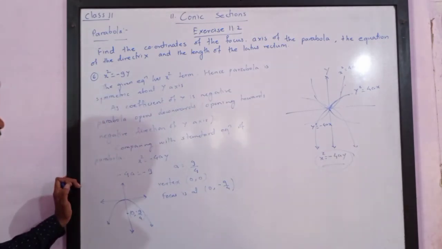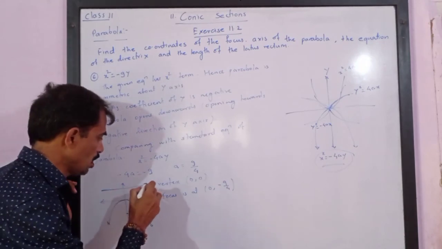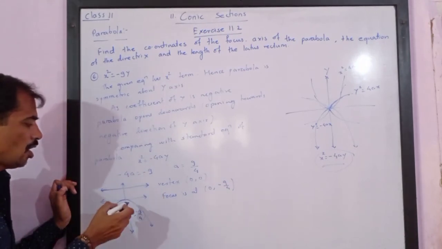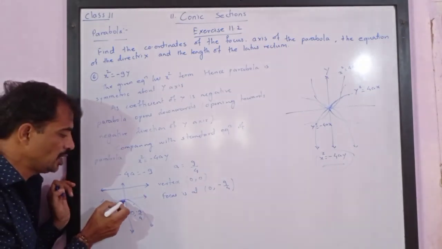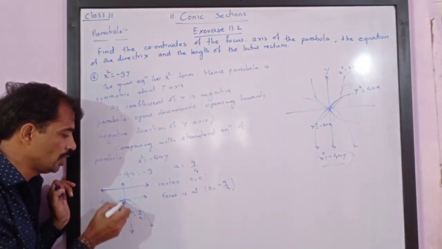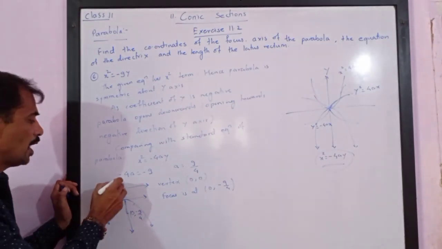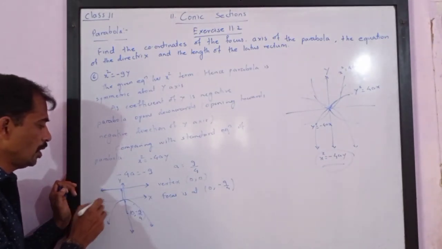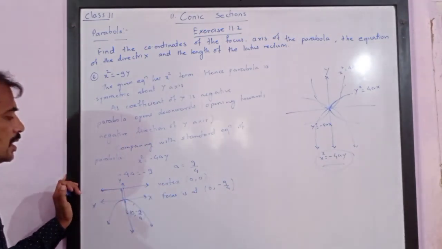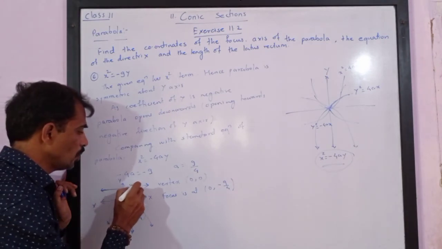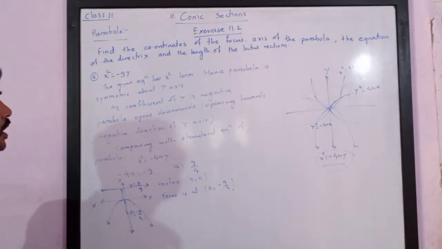Now please try to understand, we have already defined the directrix. We have defined the parabola in such a way that all the points on the parabola are equidistant from the focus and the directrix. It means if this distance is negative 9 upon 4, this distance will be positive 9 upon 4, since it is in the positive direction of the y-axis. So the equation of the directrix, which is parallel to the x-axis, is y equals to 9 upon 4. So the focus is at negative 9 upon 4.